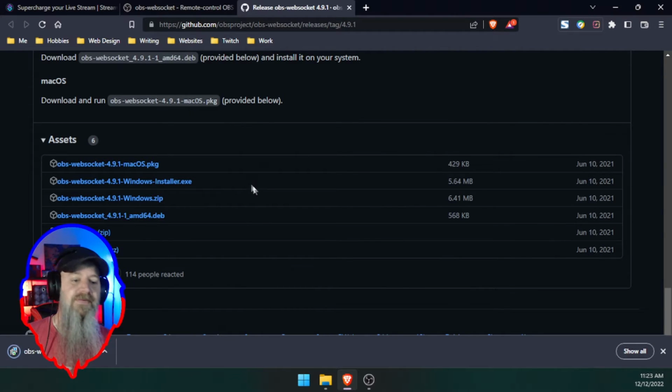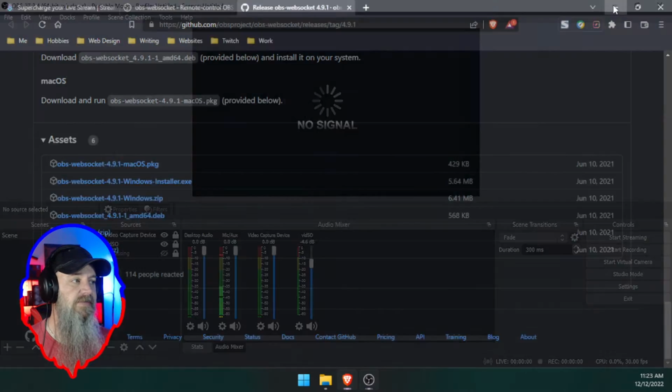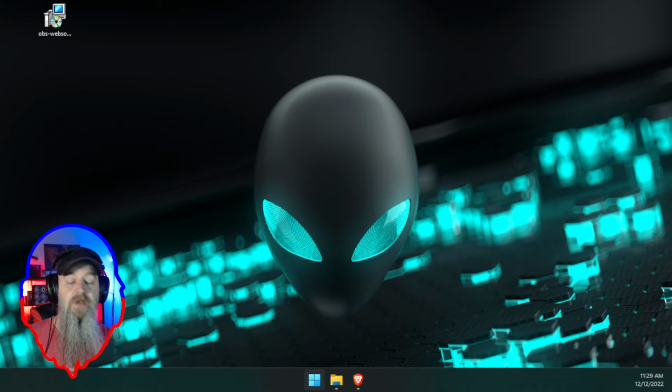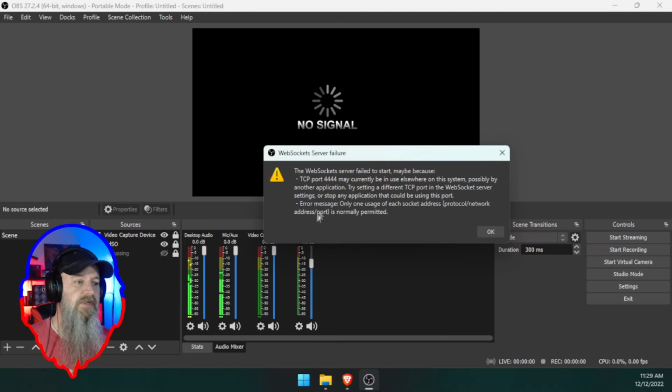Once it is downloaded, you're going to want to install it. You will need to first close your iteration of OBS. So make sure that everything there is minimized and that you close OBS completely so that the install can go and install the files that are needed to incorporate into OBS. Once the install is complete, you can reopen OBS, and once it opens, it'll tell you that it is installed,